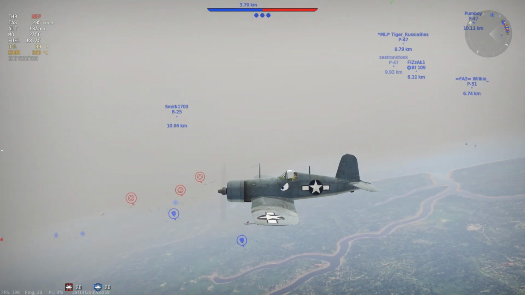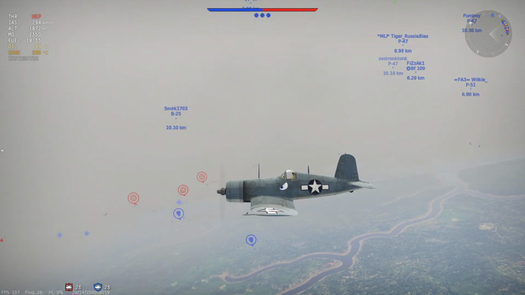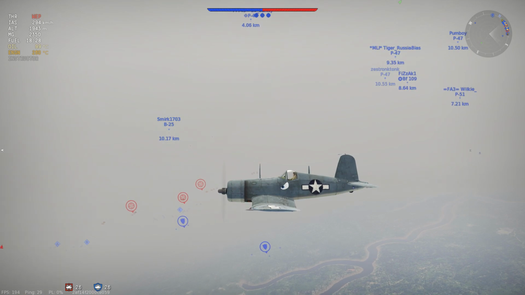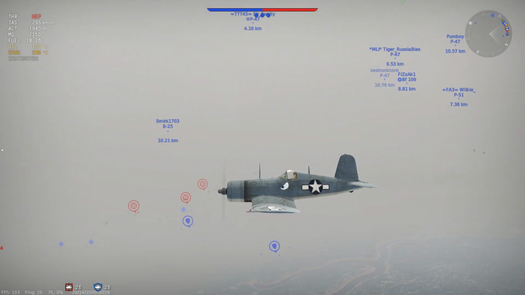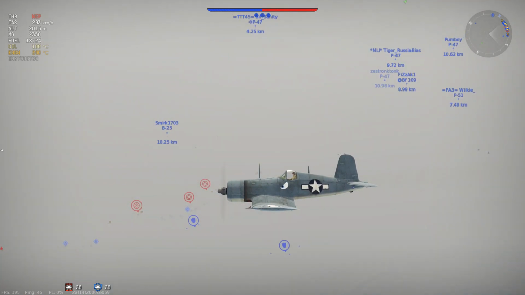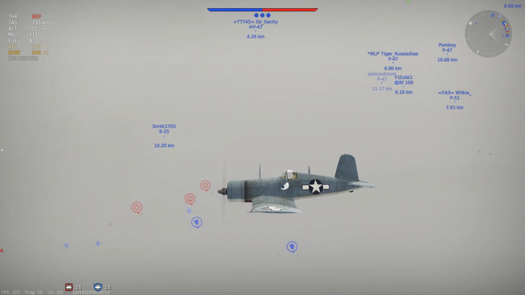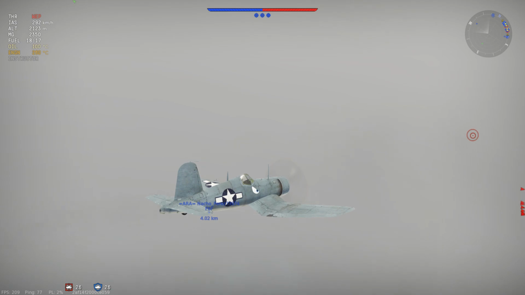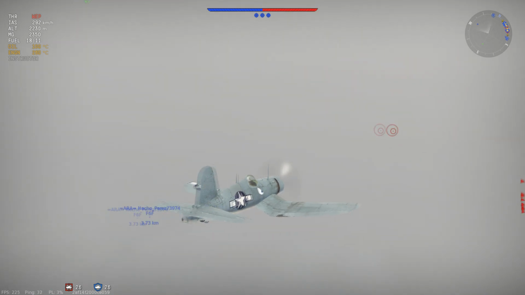Welcome back to War Thunder and welcome aboard the Corsair. And this is the D version, so the F4U-1D Corsair. It's equipped with six 12.7mm M2 Browning .50 cals with 2,350 rounds. They are wing mounted, and the plane itself is rank 3, battle rating 3.7, so it's fairly low tier,